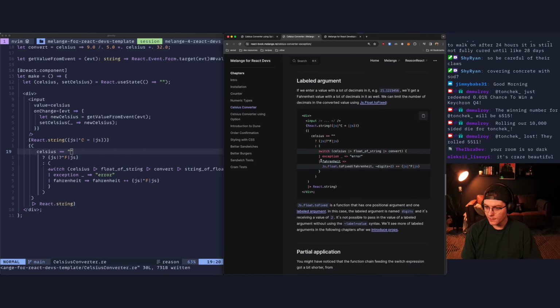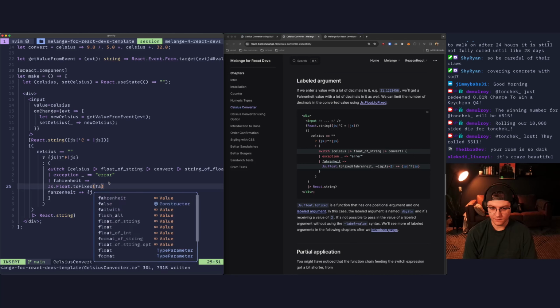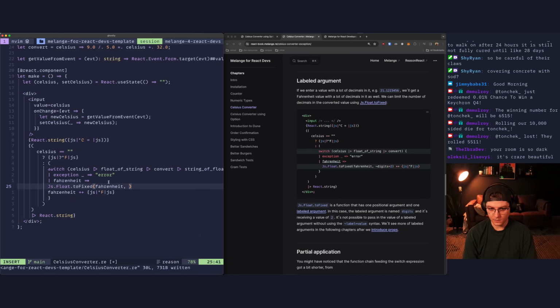So in here, we're going to add our branch where we get our Fahrenheit string, and we'll use Js.Float.toFixed. Let's bump this down, and this will become Js.Float.toFixed, and we'll pass in Fahrenheit, and we'll give it a labeled argument, digits equals 2, and then we'll plus our bit here,